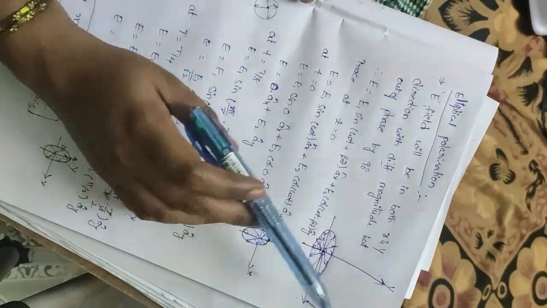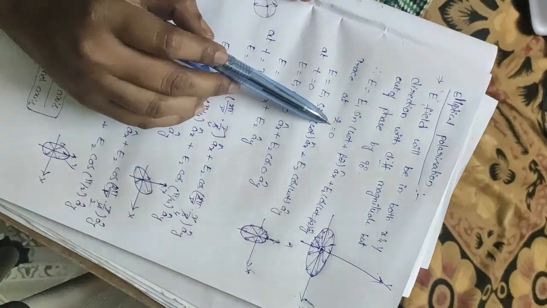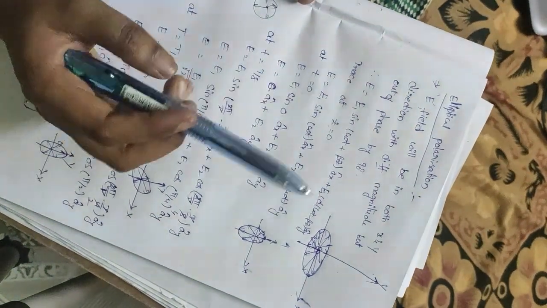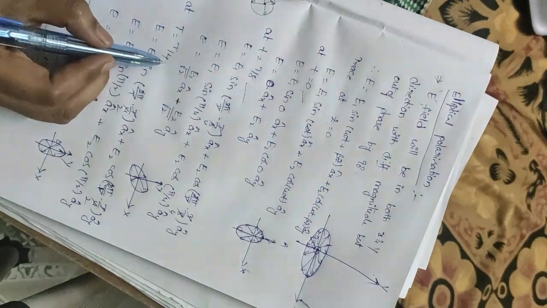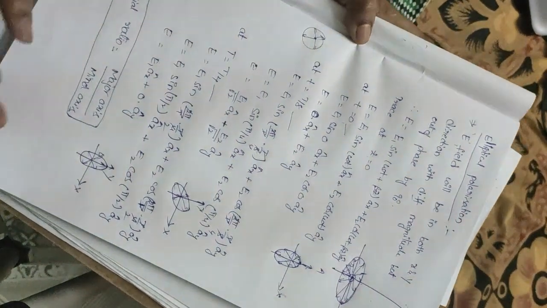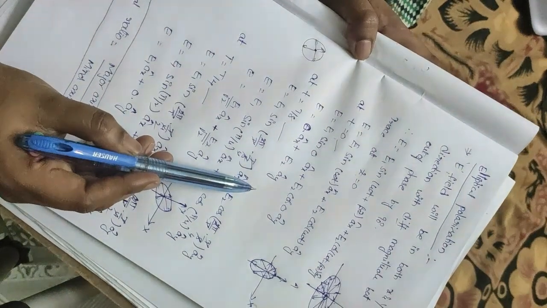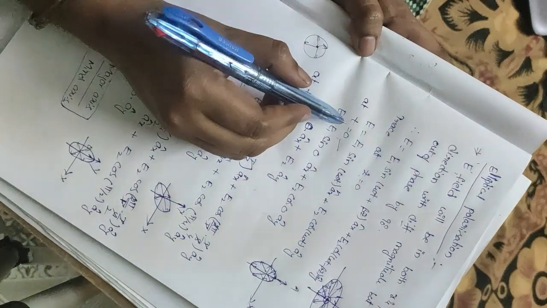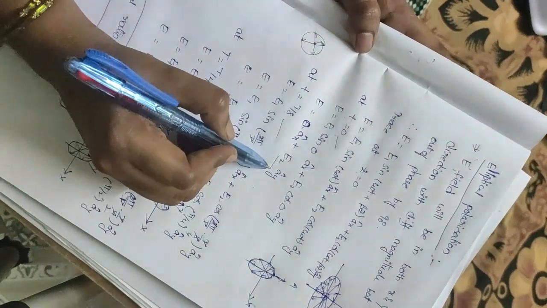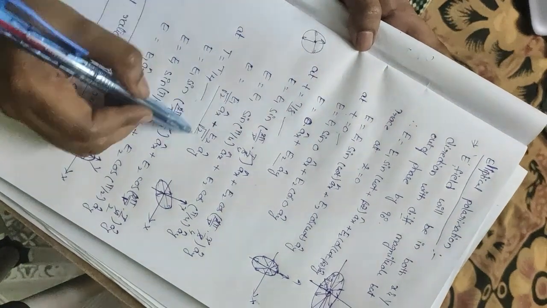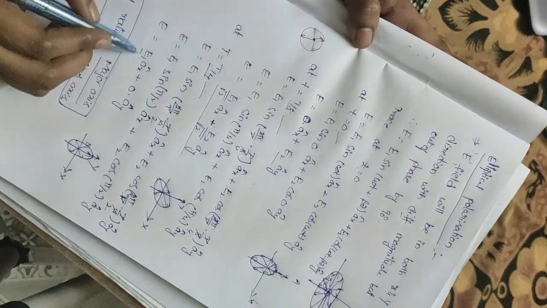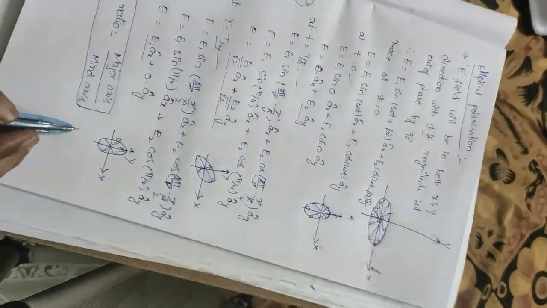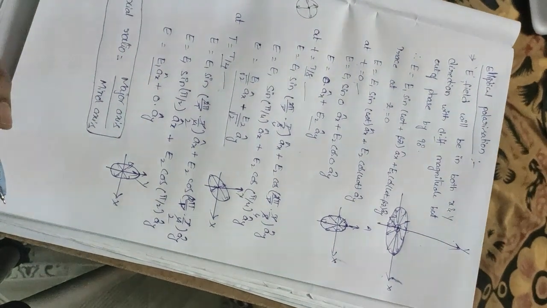So here also I am taking xy plane, so the wave propagation is along z axis, so I am calculating E field at z is equals to 0 plane. So for t is equals to 0, for t is equals to T by 8, for t is equals to T by 4, I am calculating the magnitudes of E field for different time intervals. Okay, so at t is equals to 0, you will have only y component. At t is equals to T by 8, you will have both components. At t is equals to T by 4, you will have only x component. Okay, that is about polarization of electric field.